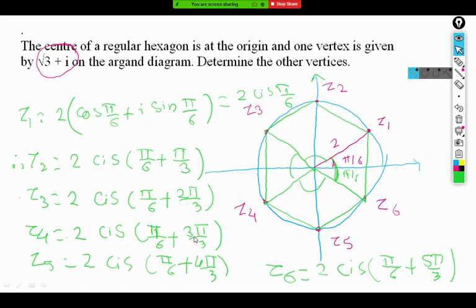Sir, we are adding pi by 6 to every argument, no, sir? Not pi by 6; pi by 3 we are adding. Pi by 3 means 60 degrees. We're adding 60 degrees to each root. Then only you can shift from Z1 to Z2, Z2 to Z3 and so on. Clear? This pi by 6 plus pi by 3 is pi by 2 here, and that is cis pi by 2, and that is Z2. Is that clear? Yes, sir. Crystal clear. Good.